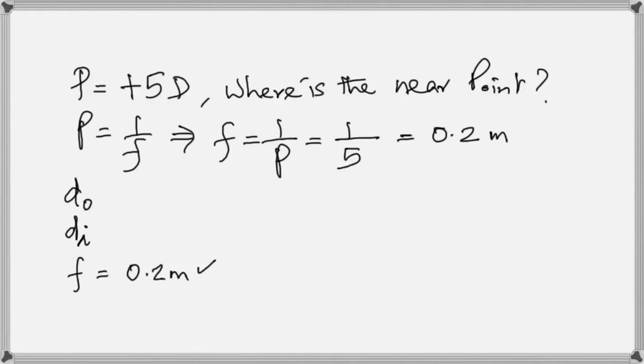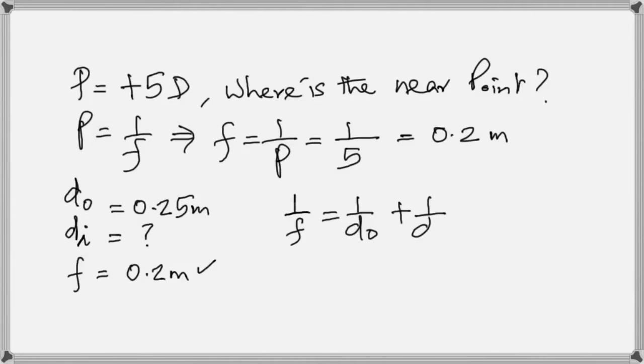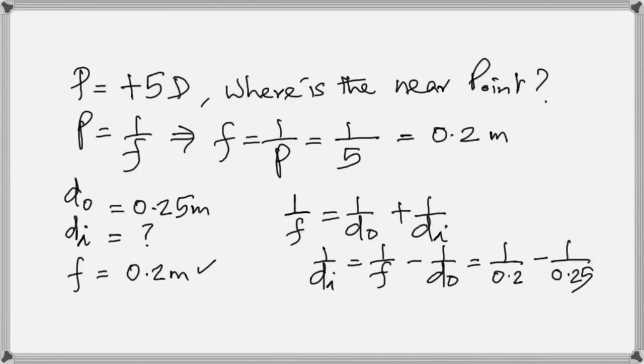That's what we talked about. Remember, when the person holds the book at what? 25. So DO is surely 0.25 meter because we want everything in meters now. 25 centimeter. And you're looking for DI. So what is DI? 1 by F, so 1 by DO plus 1 by DI. So put that, find 1 by DI as 1 by F minus 1 by DO, which is 1 by 0.2 minus 1 by 0.25, and